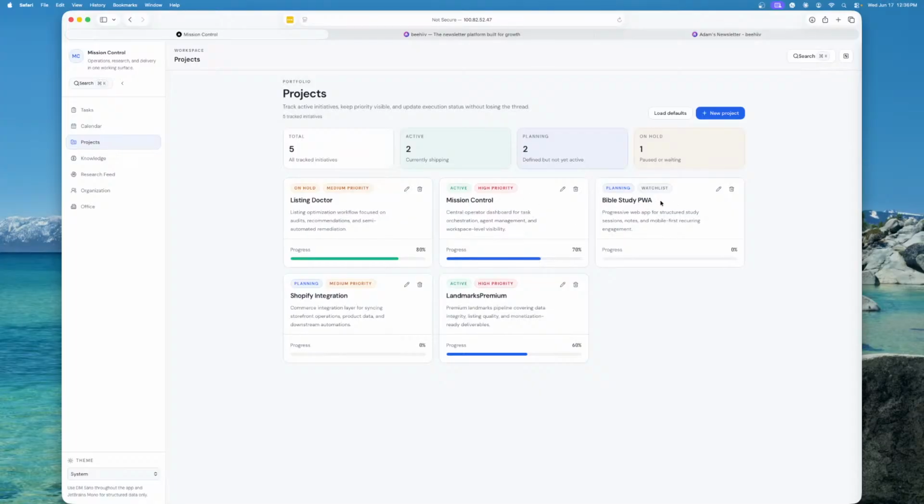I have a Bible study progressive web app that I want to build as well. I'm stuck between whether it's going to be a Bible study app or a Bible memory app. I need to decide on that. But maybe that's another live stream session where we can begin to build that out. As well as